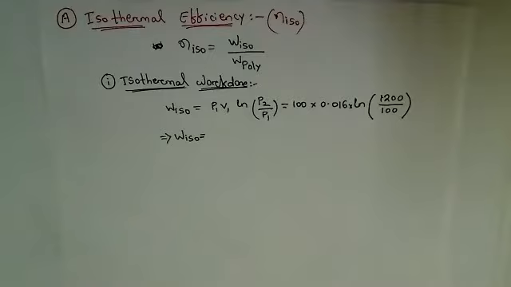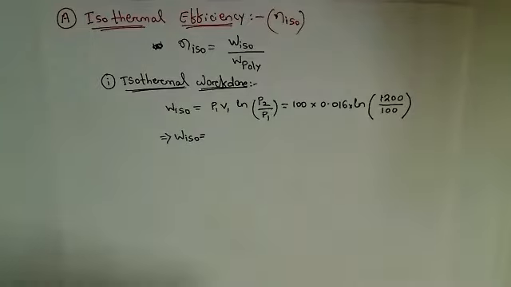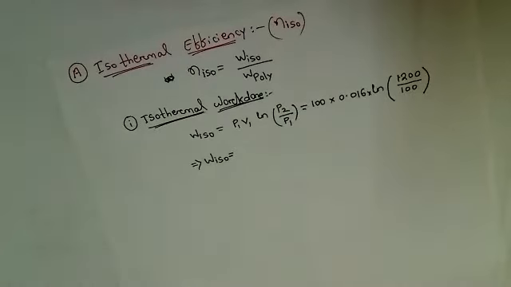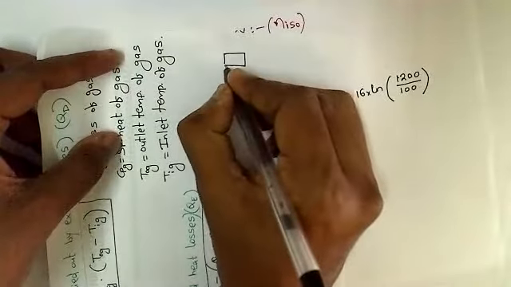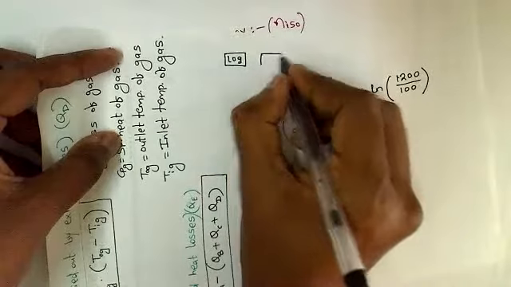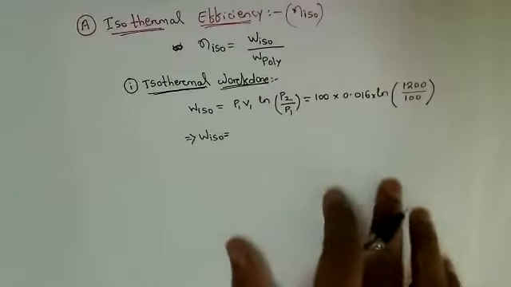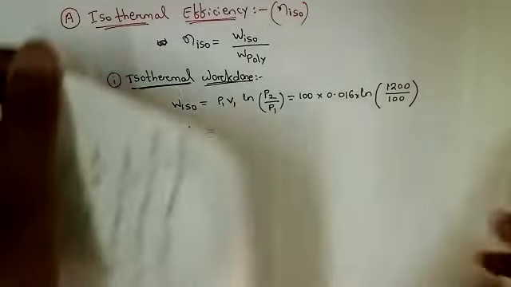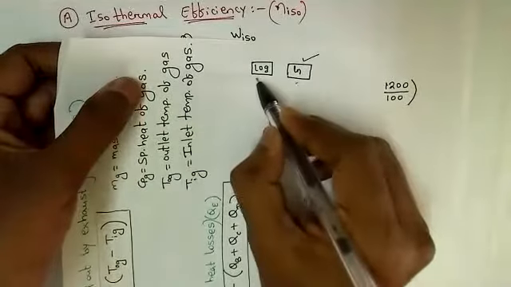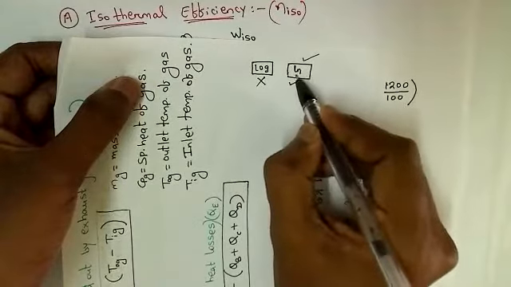3.975 kilowatts. Okay, so in your calculator, students are making a mistake. If you look closely, there are two keys in your calculator. One key is written log, and there is one more key written ln. Here you have to take ln. Click on ln, don't click on log, or you will get different answers.